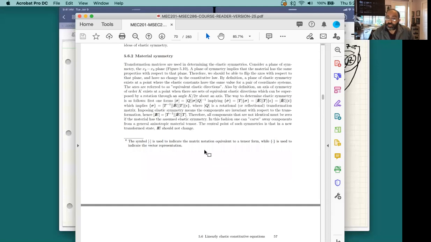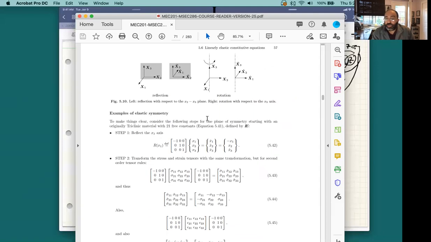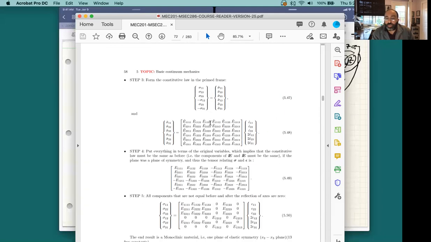So going through a relatively complex set of arguments, and that's not the purpose of this class, is to go through the concepts of elastic symmetry, which I just show you here in section 5.62 for completeness. You can go through several arguments that show that atomically how the lattices line up and how the elastic crystals line up. You can replace these material constants with several possible representations depending upon the degree of anisotropy of the